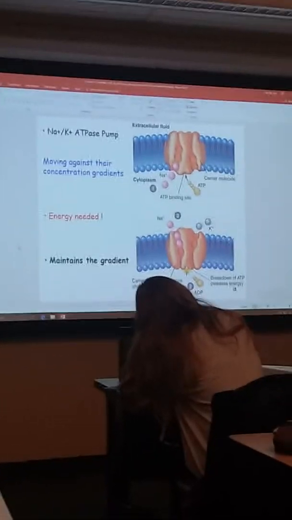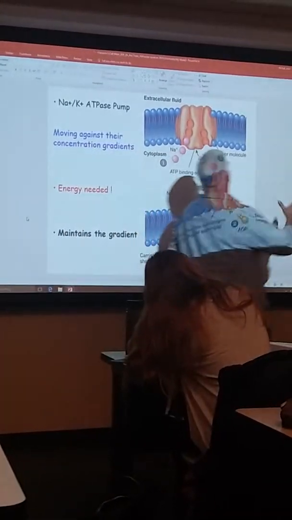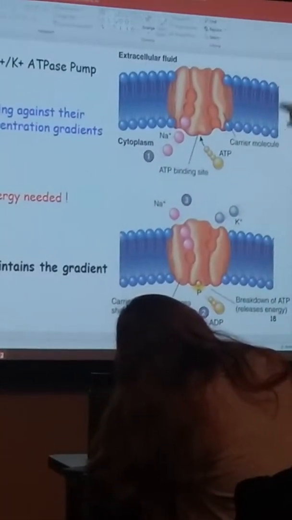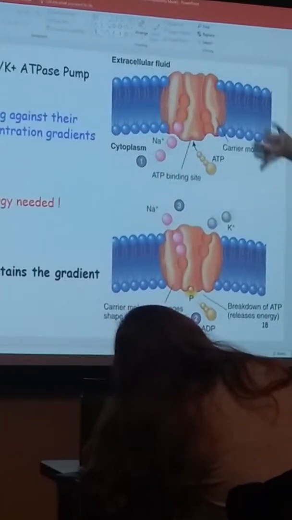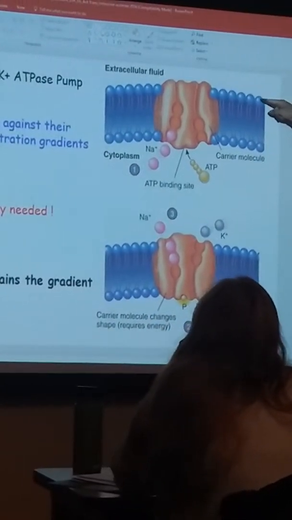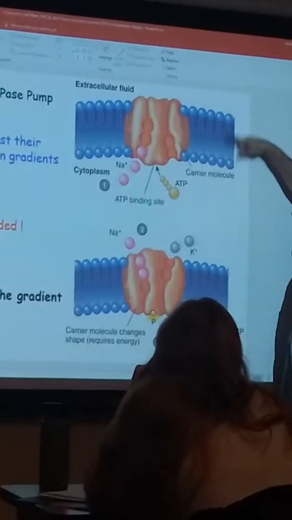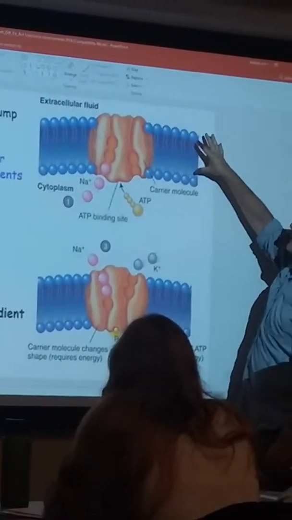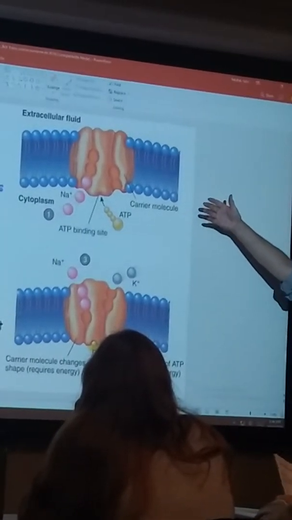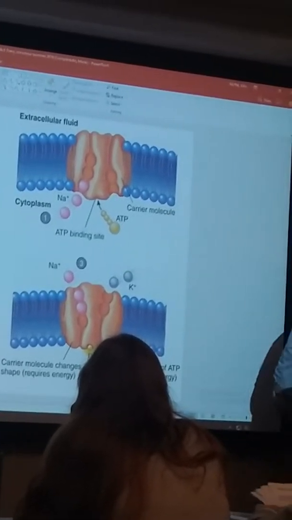All right, so always get your bearings. You recognize this as a phospholipid bilayer, right? Phospholipids, cell membrane, hydrophobic, hydrophilic, polar things can't cross. What you need to understand, and might as well start memorizing it now, is that inside of a cell,